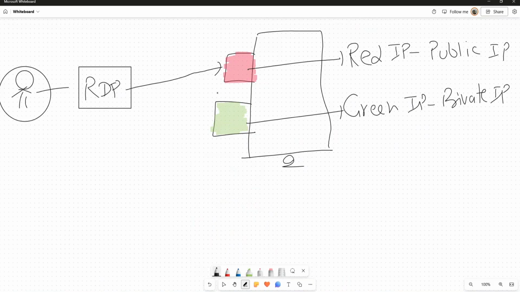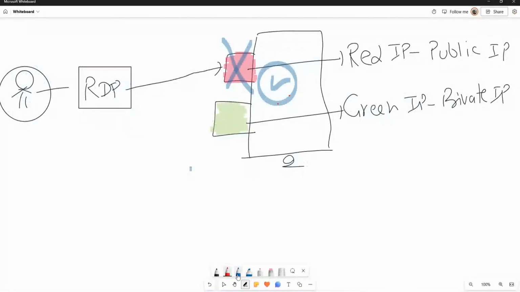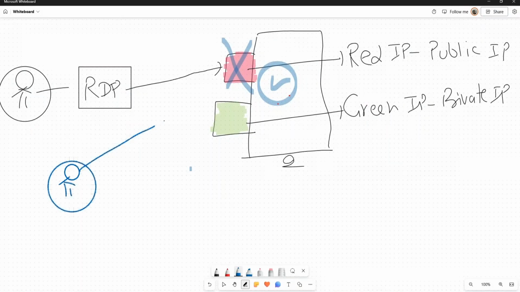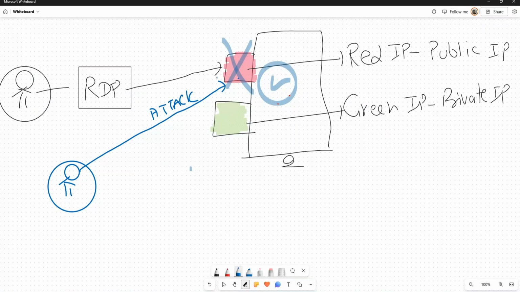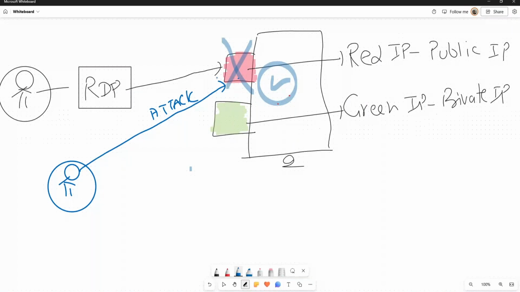This is okay if you are doing learning, testing, or something. But in a prod environment, we recommend there should not be any public IP on the production VM, because it is exposed to the internet and bad guys do attacks on the public IPs. That's why we normally recommend you should not have a public IP for a VM.